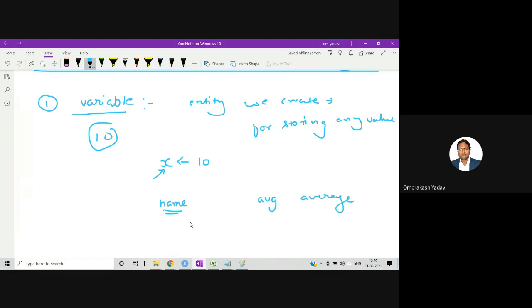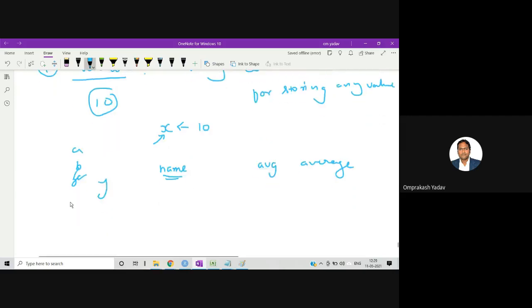So I can give a proper name so that by looking at it we understand what purpose the variable is for. Otherwise, if we name them A, B, X, or Y, we won't be able to understand for what purpose these variables were created. That is the first thing.